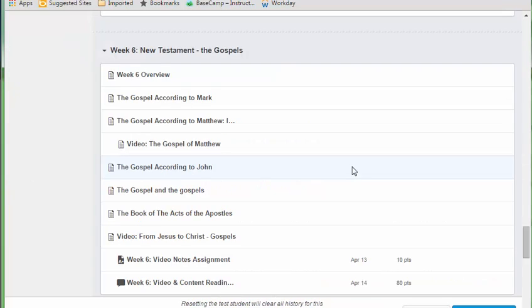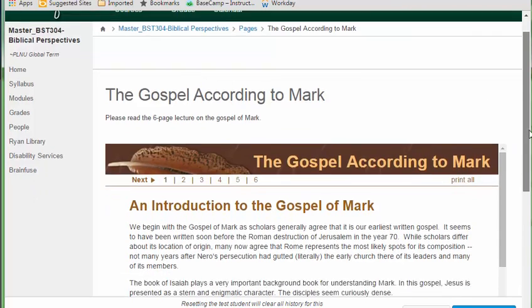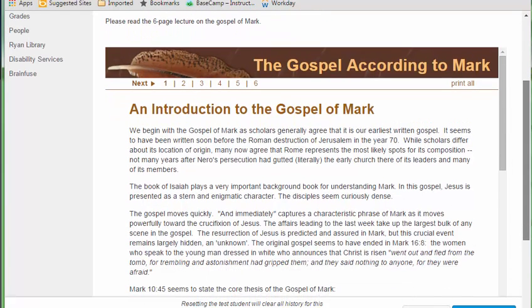Starting in week 6, your lectures are presented to you in a different manner. So for instance, in week 6, I'm going to go to the Gospel according to Mark and click that link. And there you see something that looks like this. This is your lecture starting in week 6. This is a 6-page lecture, and what you do is on this page in Canvas, you read through the introduction